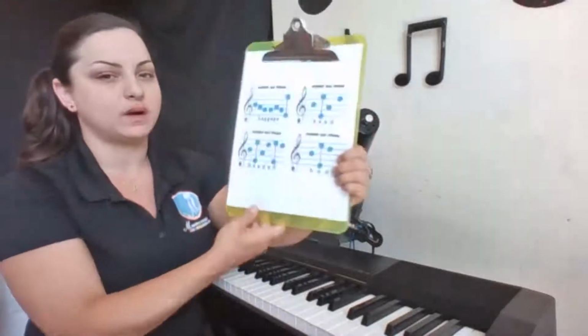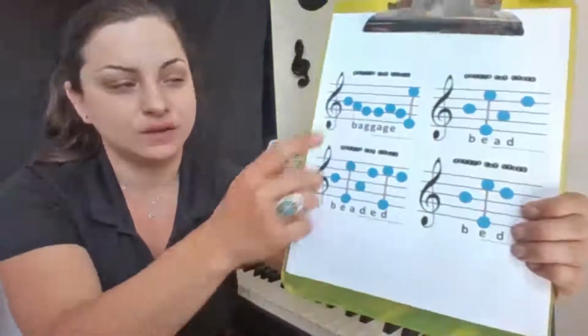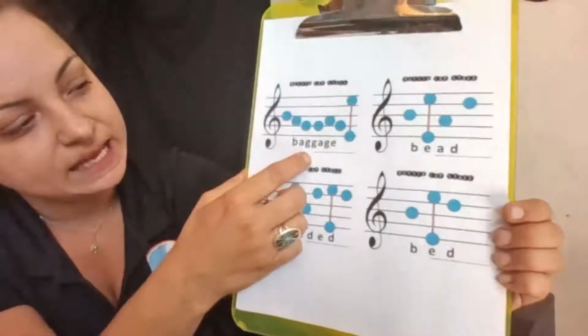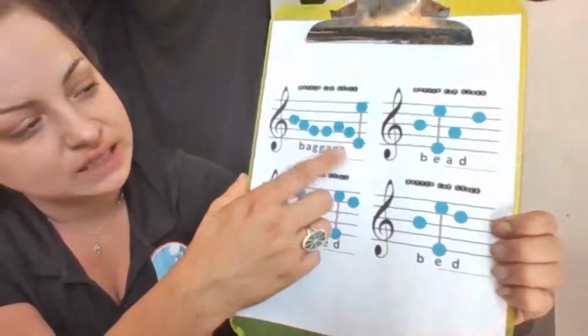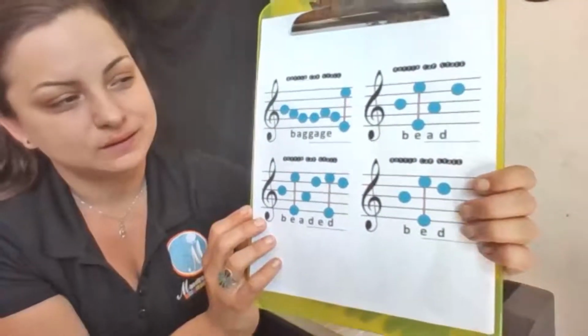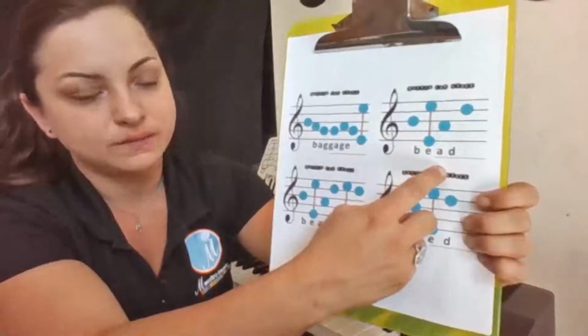Now it's time to check our work. What were our words before? Our first word was baggage, if you remember. And it looked like this. We had B-A-G-G-A-G-E, baggage. It's a lot going on there. But we spelled it on our treble clef. Now what do we move into? Our next words were